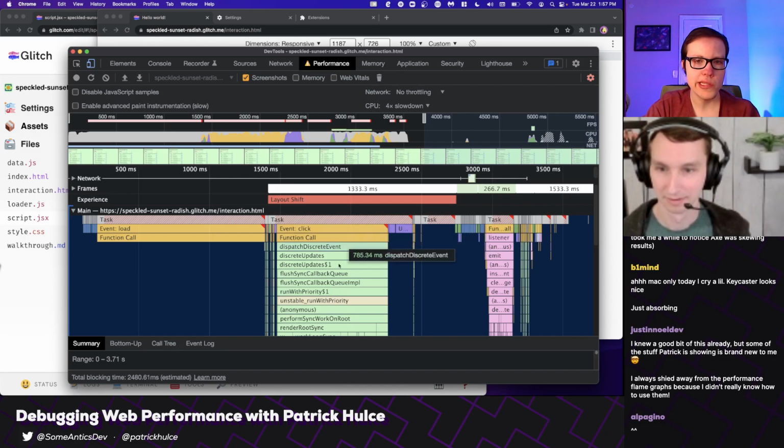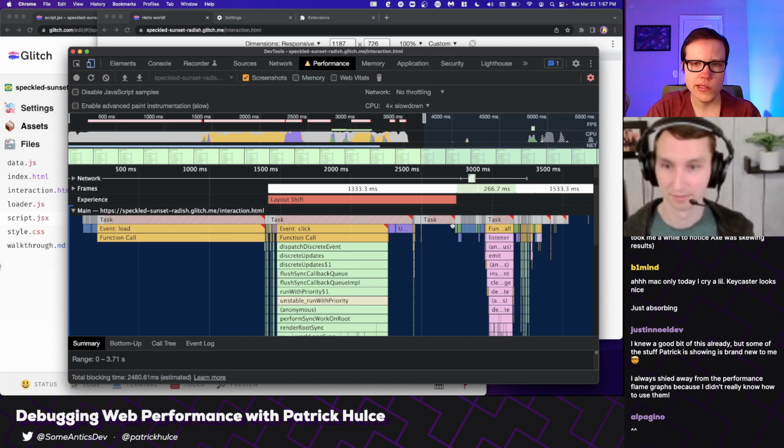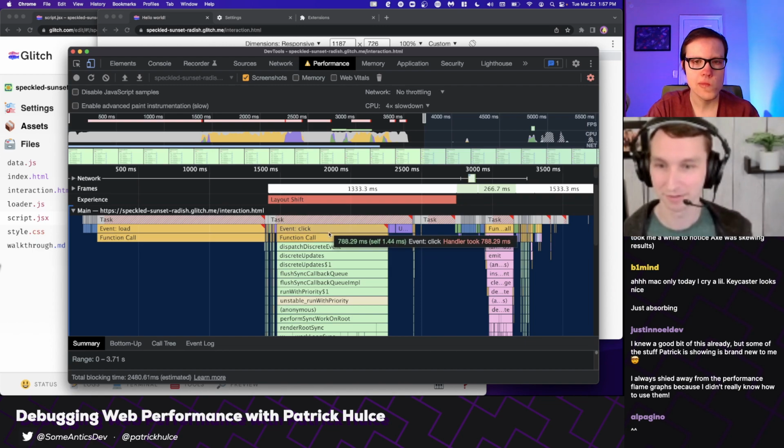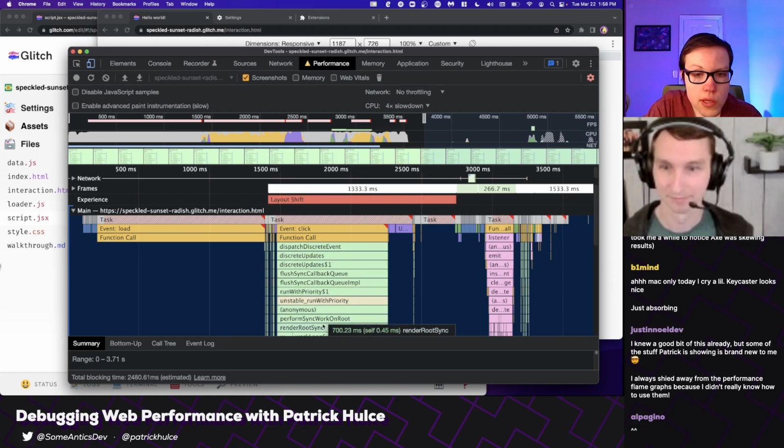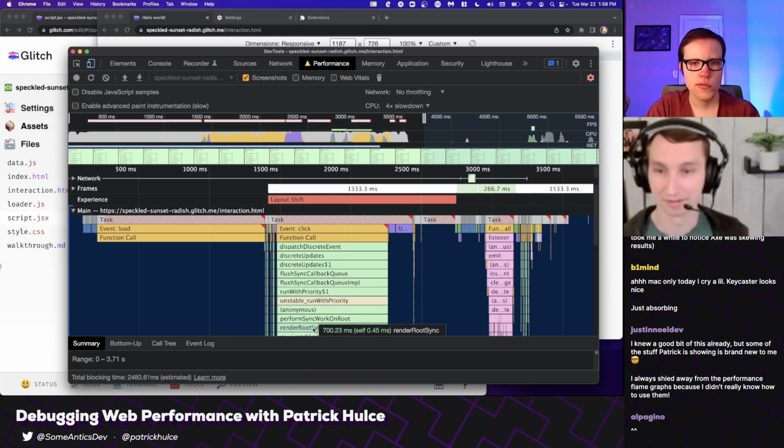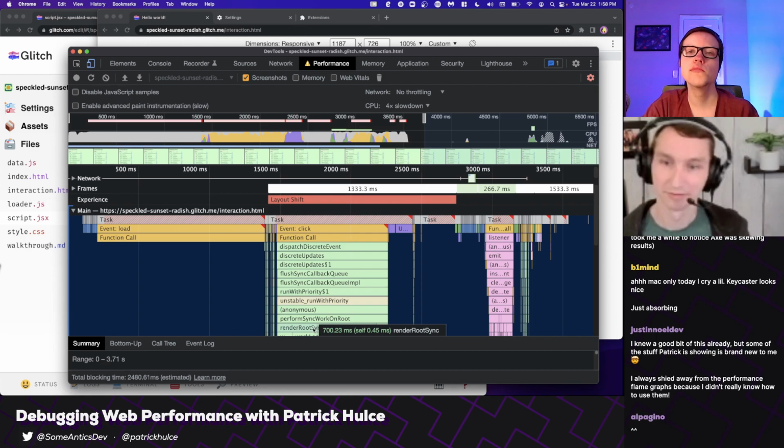Okay, so here's the click. If you remember last time, this click handler took about 1.4 seconds. We've reduced it to like 800. But if you look down at the bottom of your current screen where it says render root sync, that's all the render portion. And remember, before we had like a full second of commit after the render. And if you go to the right of this,